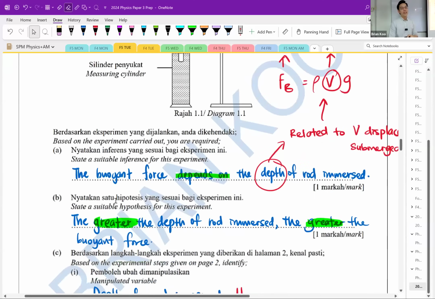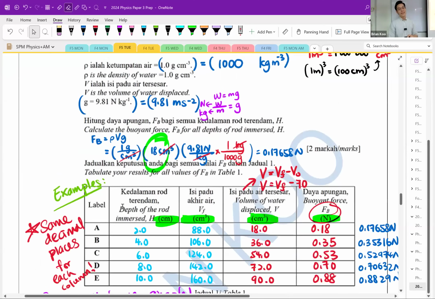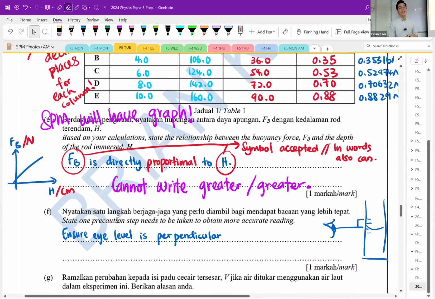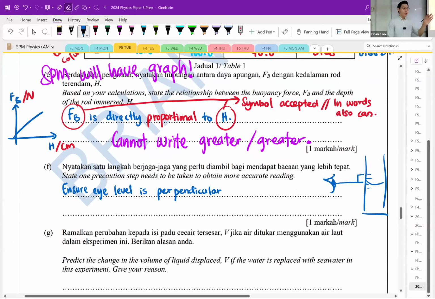Okay, if some values are really too off, then be smart a bit. Maybe you can adjust. Who knows? Who will know what is your reading? Do you think they care about the reading? Not really. As long as it looks quite logical, and as long as there is an increasing trend. So as long as it doesn't drop below the previous value, increase all your values in the table, correct. Remember, this is paper 3, not paper 2.